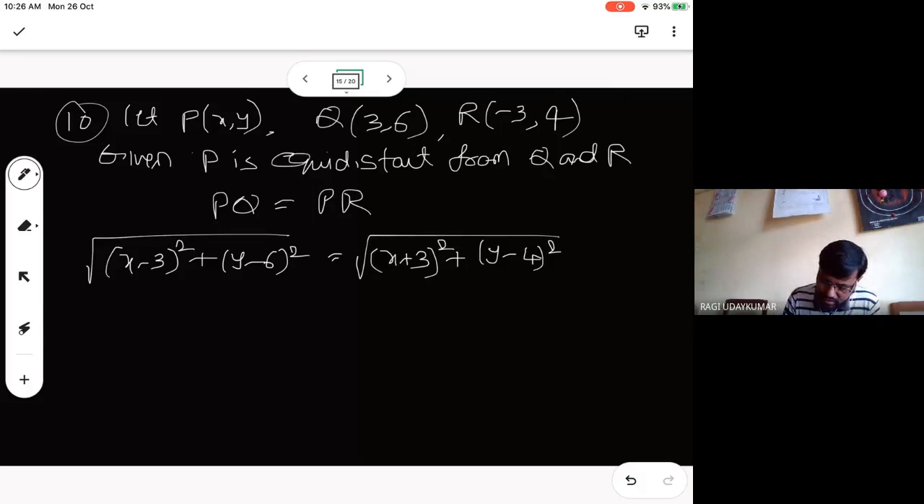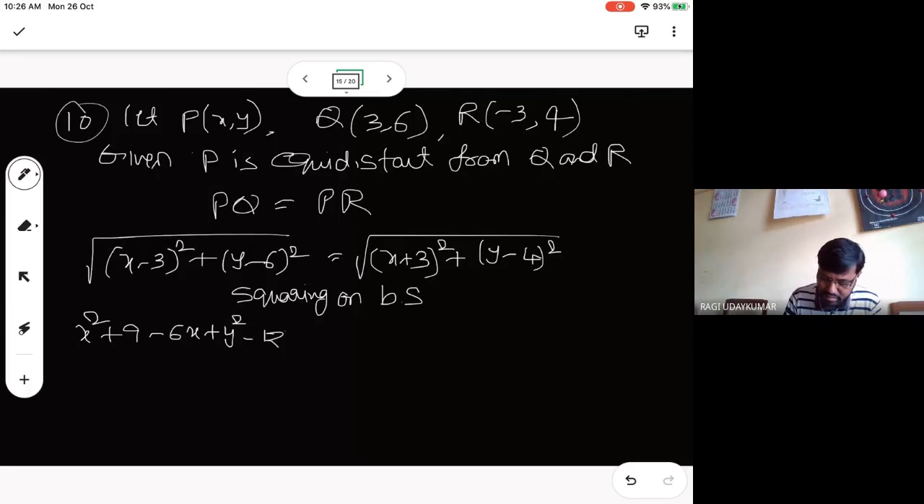So now, again, squaring on both sides. What do you get if you square on both sides? You get (x minus 3) whole square; the square root gets cancelled. You can expand this also. You get x square plus 9 minus 6x plus y square minus 12y plus 36 equals x square plus 6x plus 9 plus y square minus 8y plus